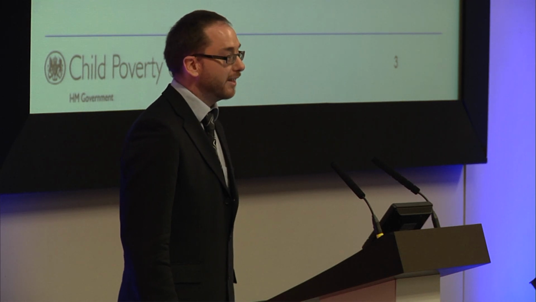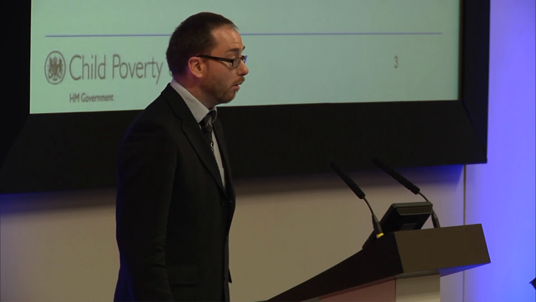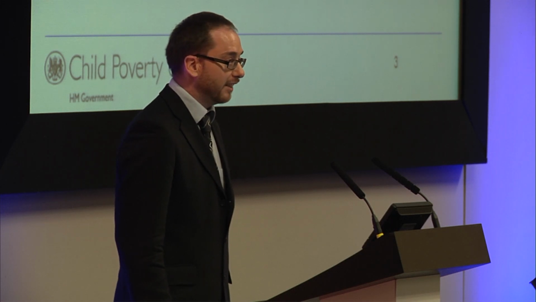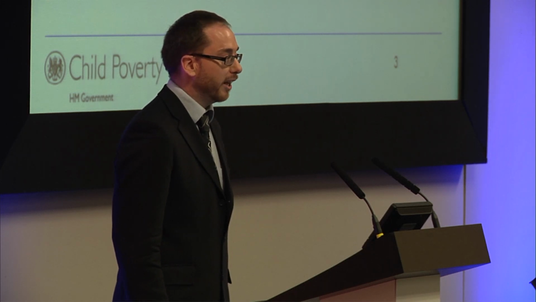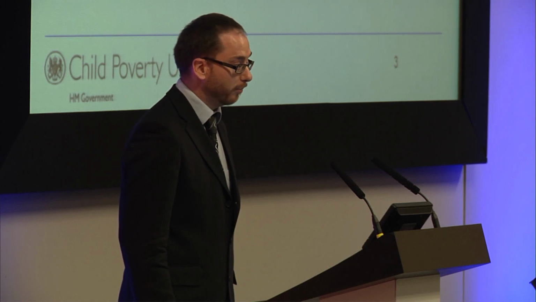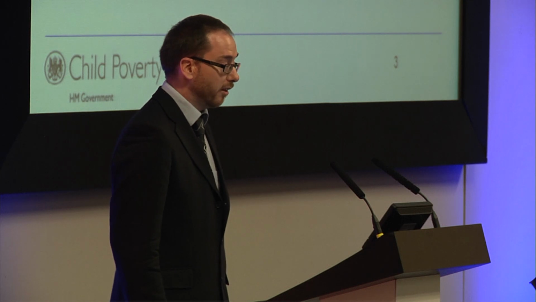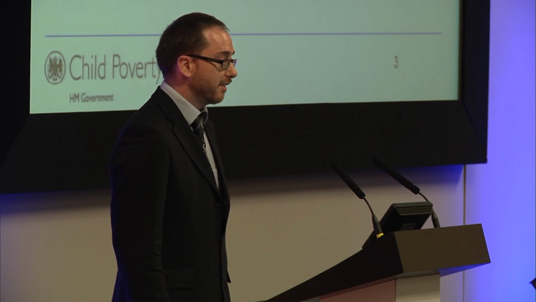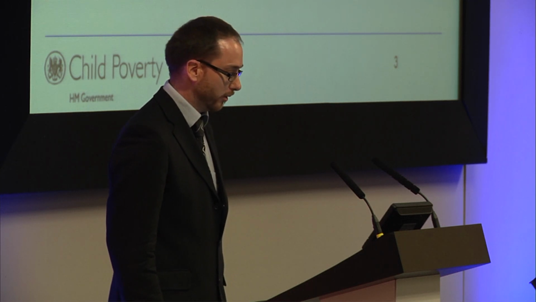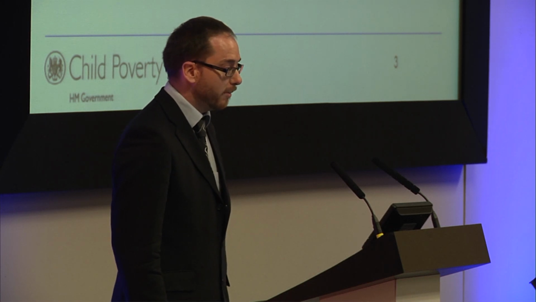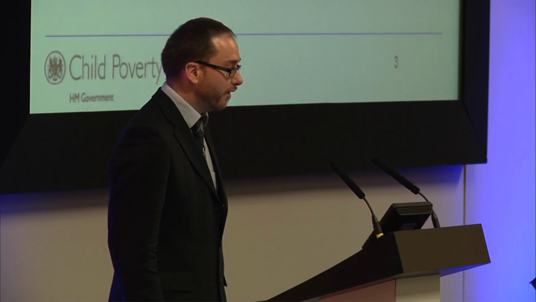So for instance, a bigger household will need more money to maintain the same standard of living. And what we do is we work out the median income of such adjusted income and take 60% of that and see how many households are below that income level. And that target will fall if low-income households see their incomes rise faster than the average or the median household. We've then got a combined relative low-income and material deprivation measure, which is the target of less than 5%,